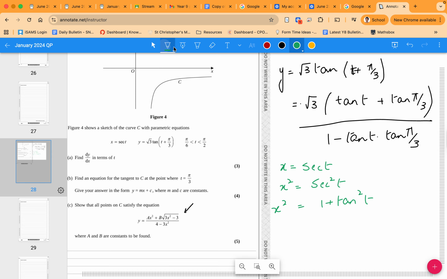So we write it down: the root of x square minus 1 will be tan t. We are going to use that in a bit. So if we plug in tan of pi by 3 in there,